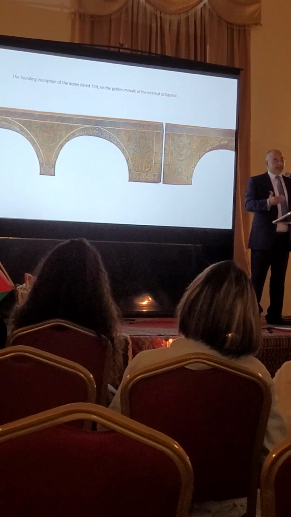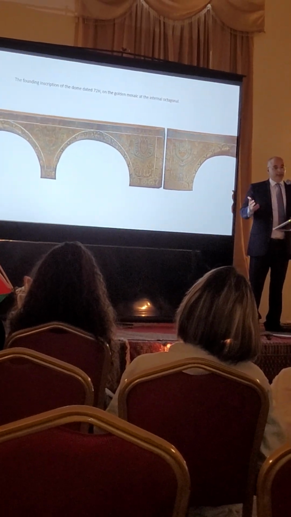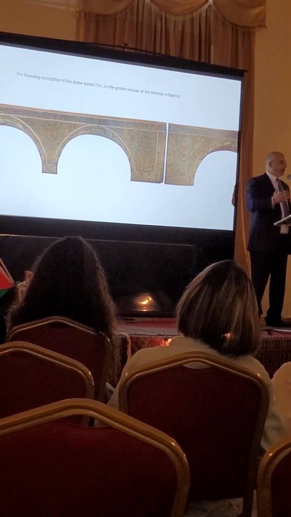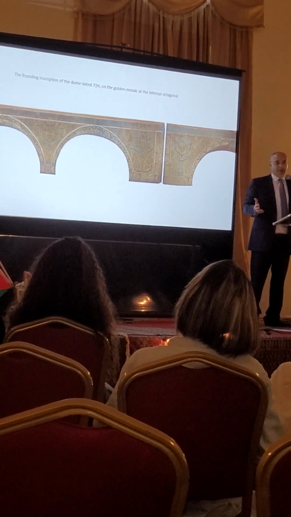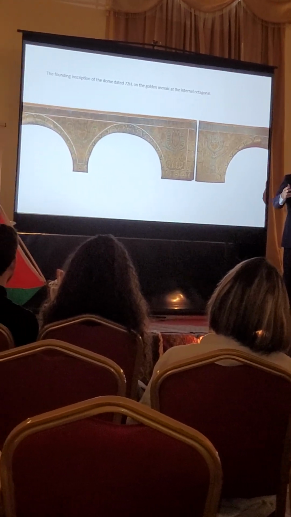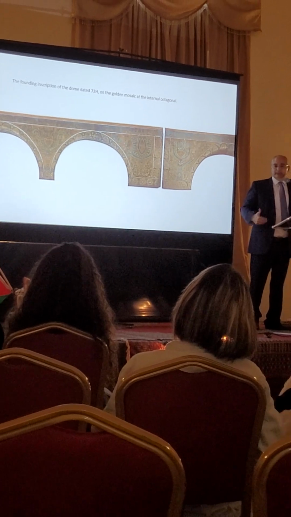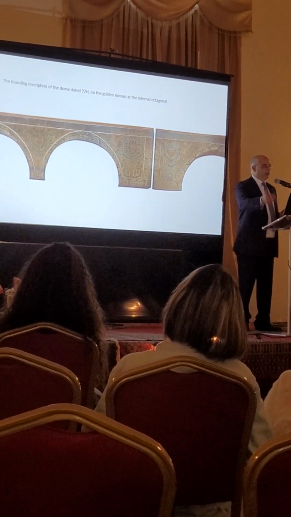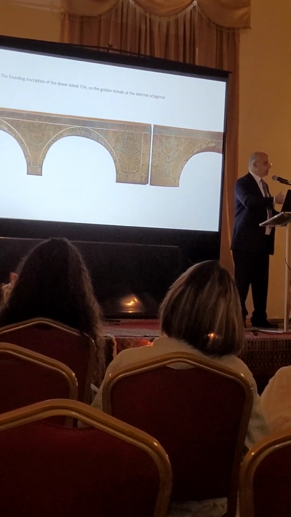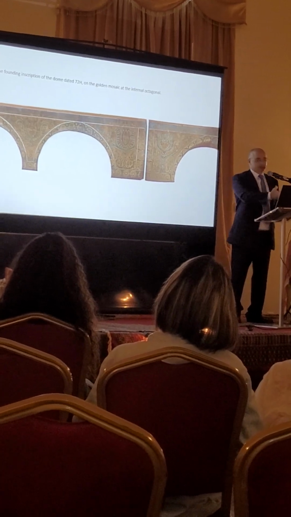But here we can see another story: the worker who was working on the renovation of the Dome of the Rock during the Abbasid period replaced the name of the Umayyad Khalif and inserted the name of the Abbasid Khalif al-Ma'mun, but he forgot to change the date of construction. Needless to say,